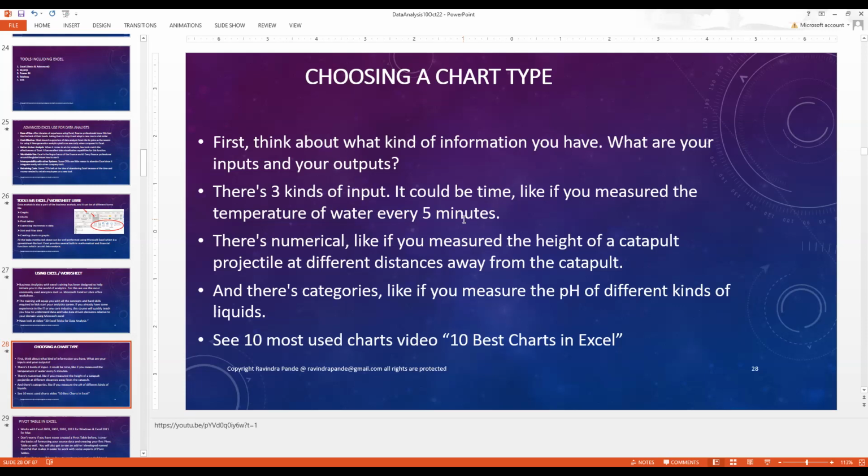First, think about what kind of information you have, what your inputs and outputs are. What data needs to be processed, and processed for what? Like if you have data on your expenses over the last 6 months, there should be expenses on gas, on household bills like electricity and gas, and on purchases, like when you go to Walmart or Best Buy, or your hotel bill, or your vegetable market bill, and so on. So you can have all these attributes and records on a date basis.